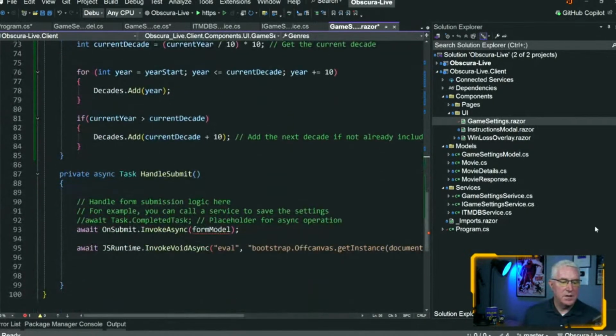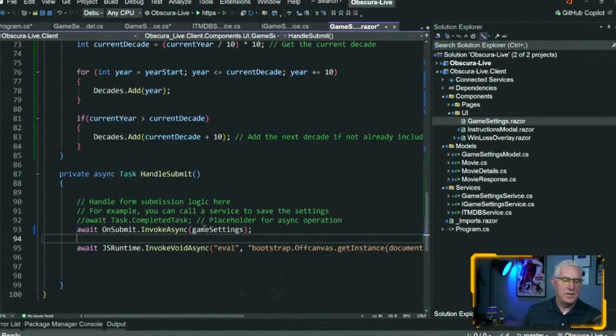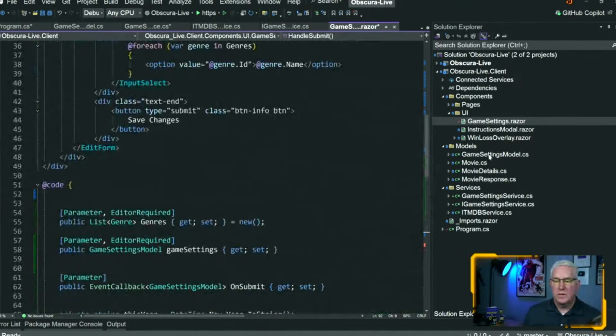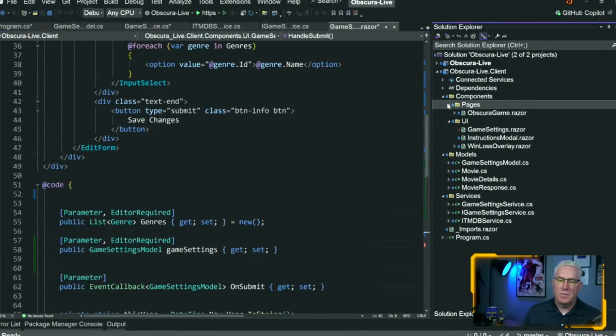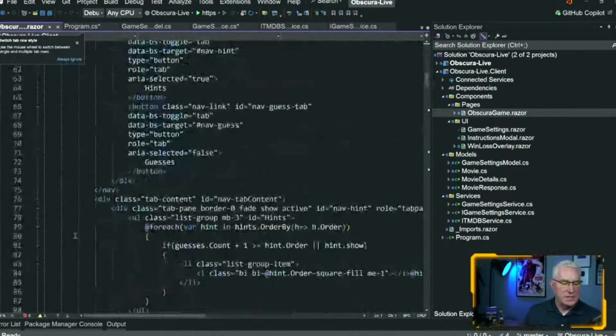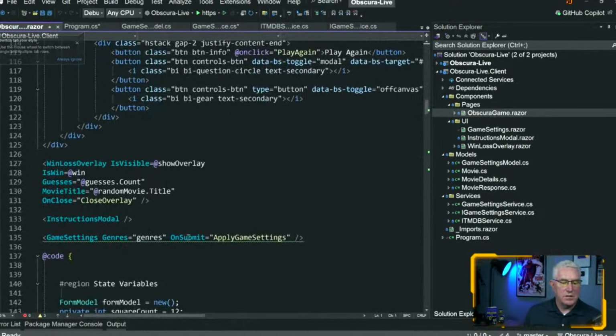And then here, handle submit. We're going to change this to game settings. And this will pass it back if we have any saved changes, and close our Bootstrap doc or thing. So let's go back over to our page here. We only have one page. That's pretty easy. And we'll see where we're setting our panel down here,